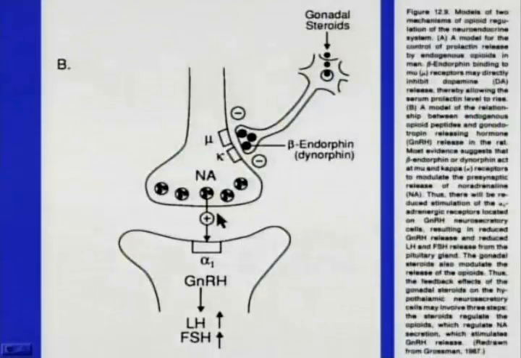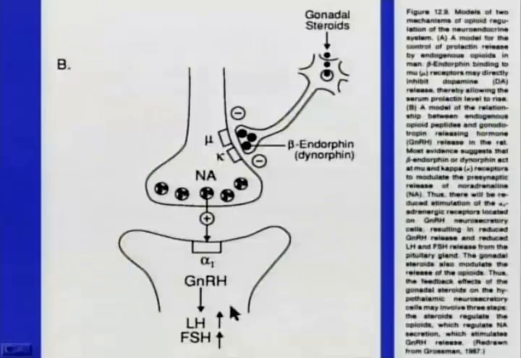Yeah, so what they're showing here is that the noradrenaline is the gas pedal. It excites, through the alpha-1 adrenergic receptor, the GnRH neurons, such that there is an enhanced pulsatility and release of GnRH that would lead to an increase in LH and FSH. So if you increase opioid activity presynaptically on the noradrenergic terminals, then you take your foot off the gas pedal, and in the prior example, we took our foot off the brake. We disinhibit. In this case, we take our foot off the gas pedal, and we reduce GnRH neuron pulsatility and